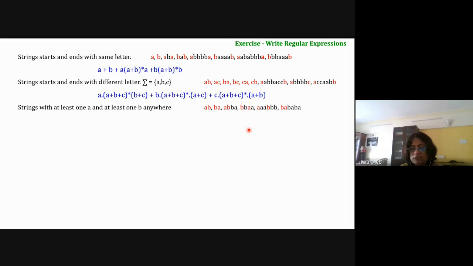If you are saying all stars, Simran, then nothing is there. That will also be fine. But our minimum string is AB. So what you do, this is also a trial and error method. You will think and you will write it. So no problem. Whatever you think, you write it first. But you verify the answer by taking wrong strings. You will be able to find out any mistake in your expression if you find it by testing mostly the strings which should not be accepted.